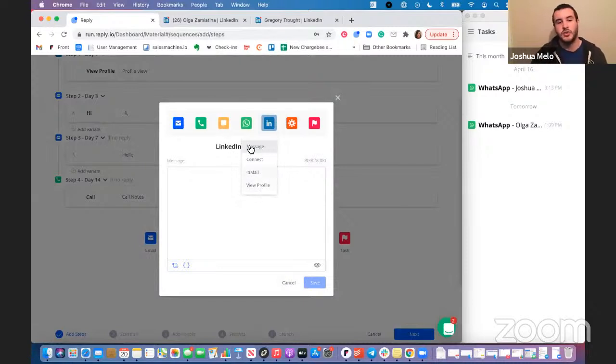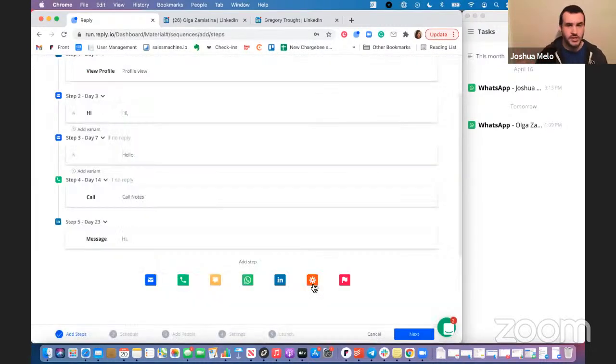And essentially you are pre-creating a template for your messages, so to speak. So if we had the message option selected, when you look at your task and you have the person's LinkedIn profile assigned to their contact in Reply, you can then hit send message, send connection request, or view profile, and it will perform that action for you.